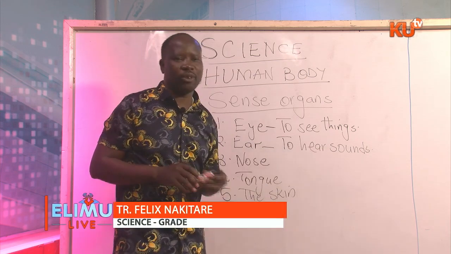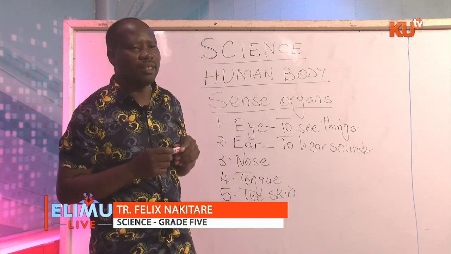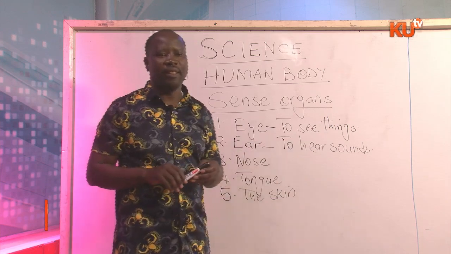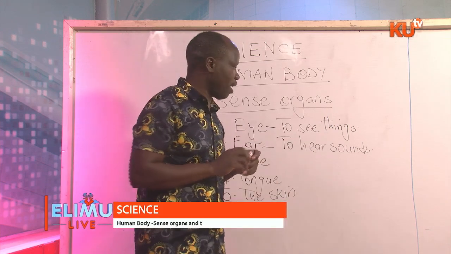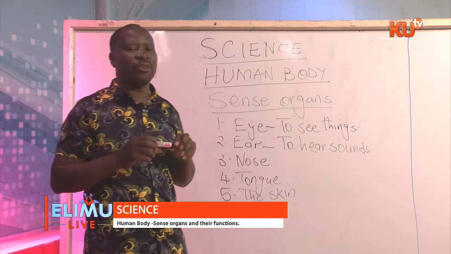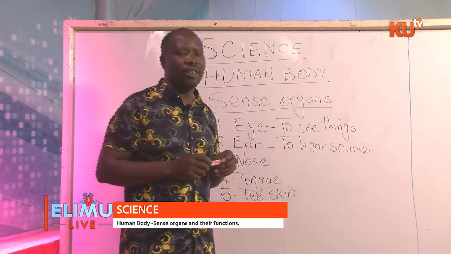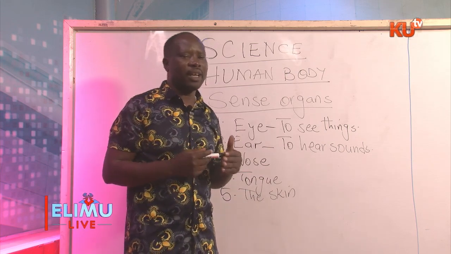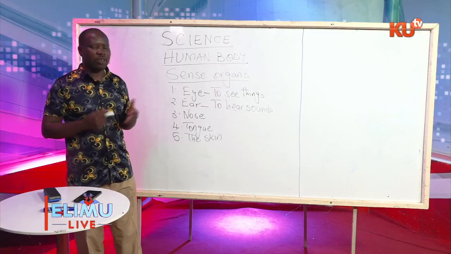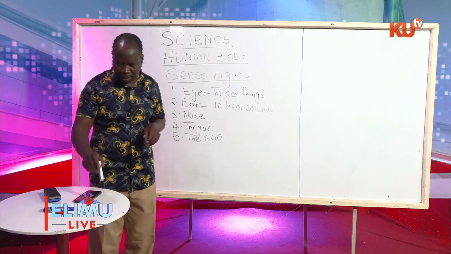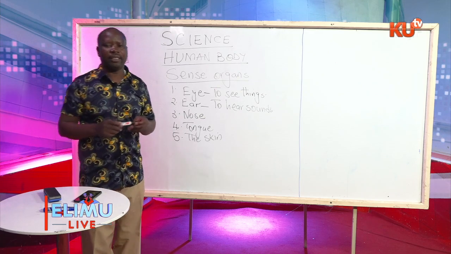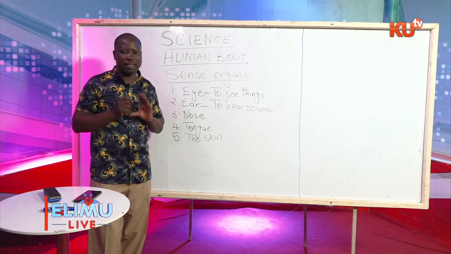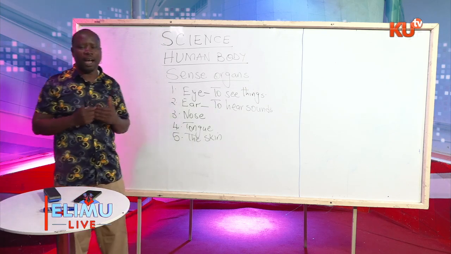Sounds like the way I'm talking. You can get my sound. You can hear the sound of some music. You can hear a vehicle passing by. You can hear different sounds of animals like cows, or wild animals like elephants, lions, hyenas. You can get all those sounds. You can also get sounds of objects, like when I hit this table. You get that sound because you have your ears, and you can use your ears to hear what is happening